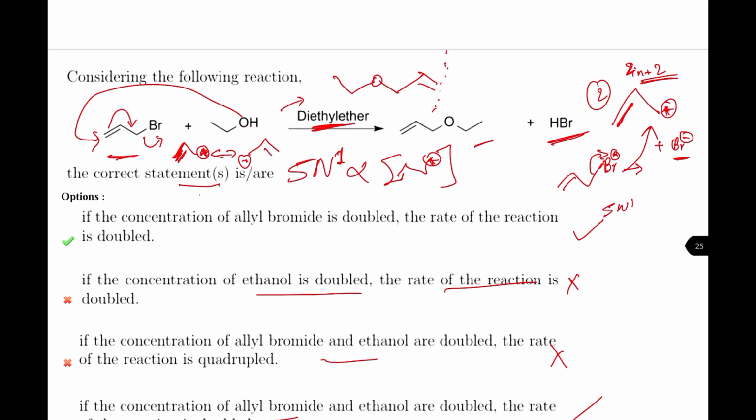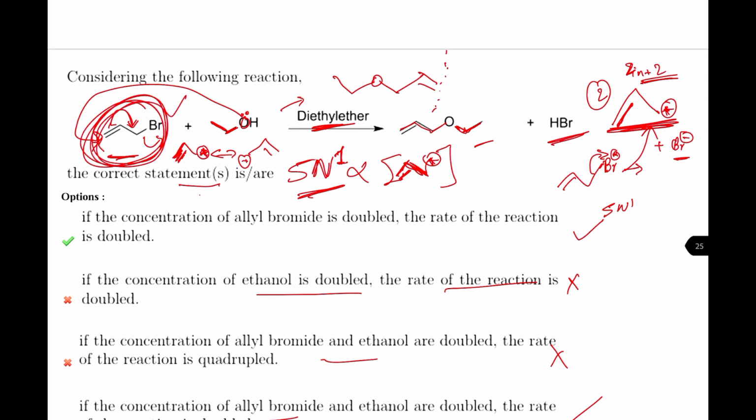SN1. Then we have this nucleophile alcohol, so this alcohol will attack this part and the leaving group will go away, and we will have multiple resonance structures of this. Then finally we will get this kind of compound, right? So based on the mechanism, this is an SN1 reaction, only SN1, which means the rate depends only on the stability of the carbocation, right? So it all depends on the stability of this compound.